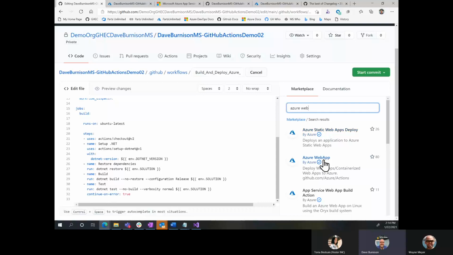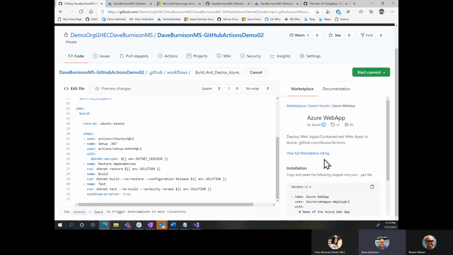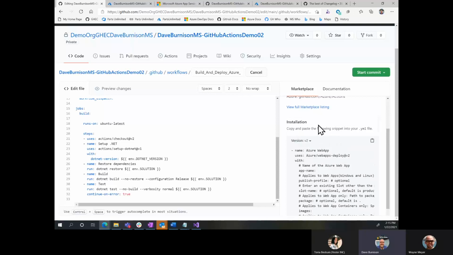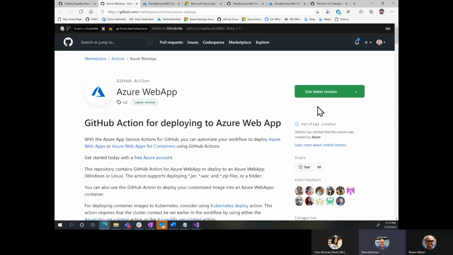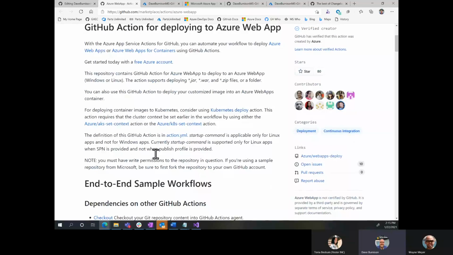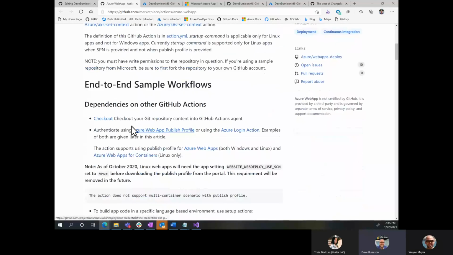But what I want to do is add in deployment steps for web apps. So it gives us something I could just copy and drop in there, but let me go check out the full listing here to make sure I know everything that I need to do. So I go through this and it's giving me lots of good information.